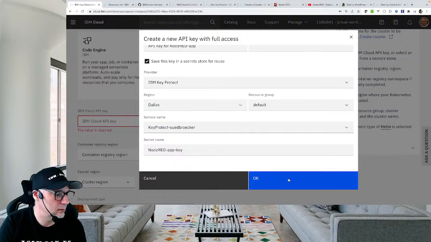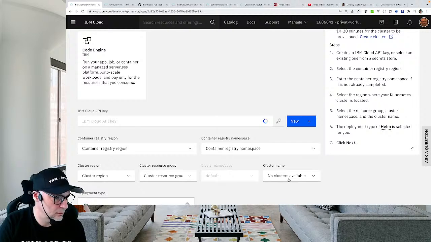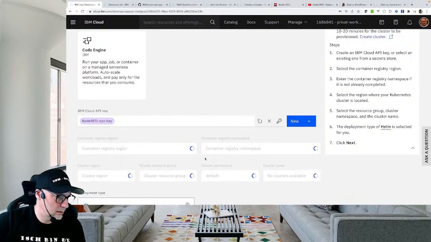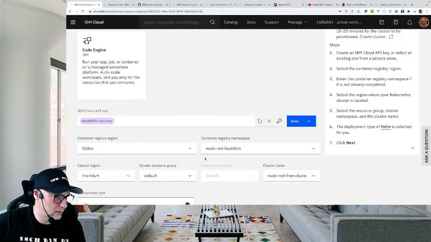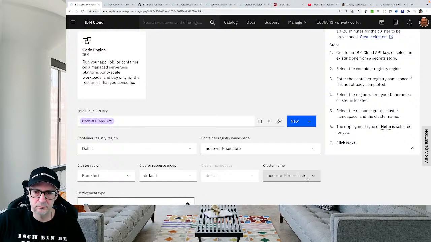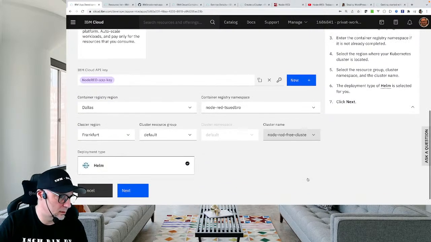Let us see. So we will create that key. The container registry and the cluster are already here. Cool, so we have it here. Everything is now in the same